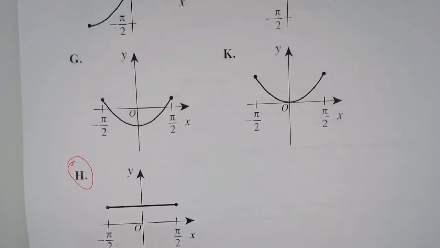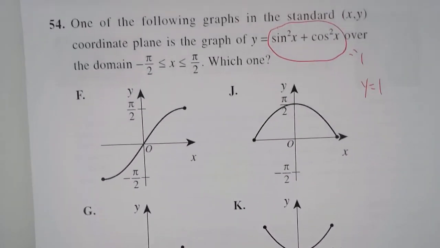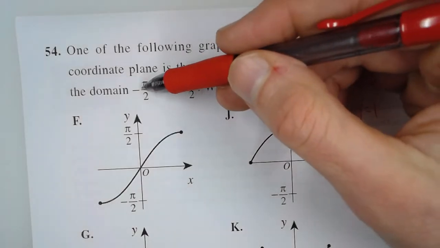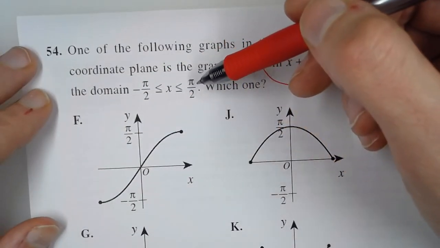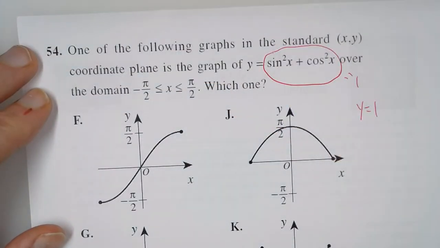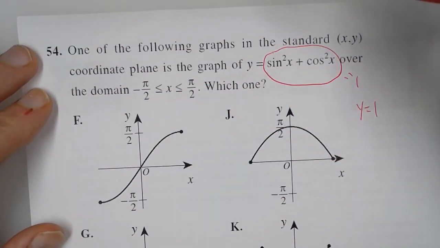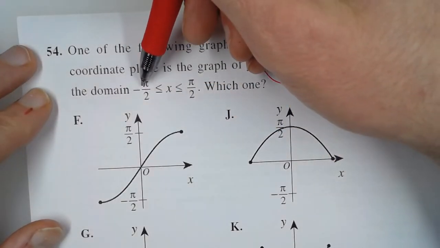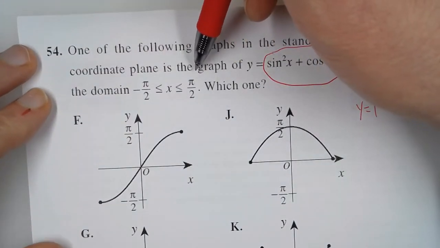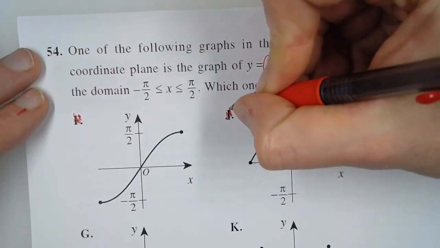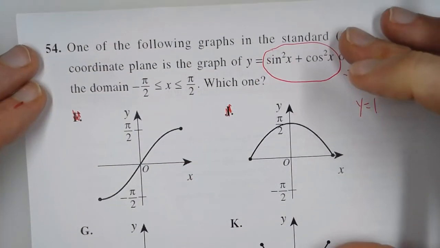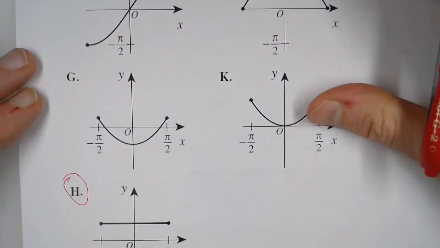Now, one other thing to be aware of is that it said the domain of negative pi over 2 less than or equal to x less than or equal to pi over 2. Domain deals with x values. So that means the graph had to be between the x values of negative pi over 2 and pi over 2. So that means that the graphs of f and the graphs of j are incorrect,